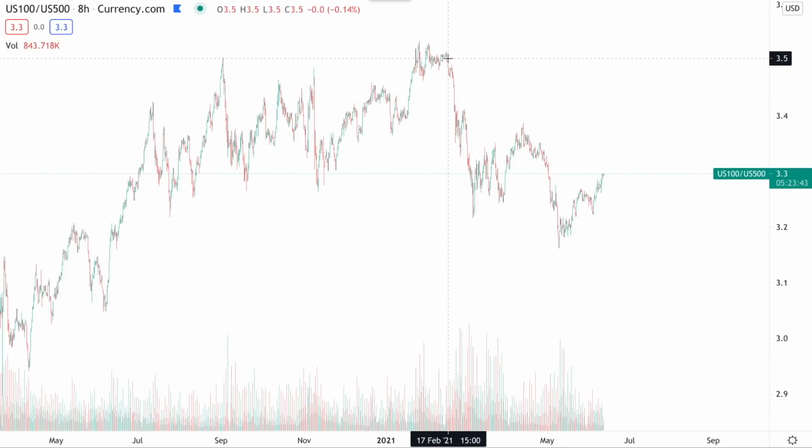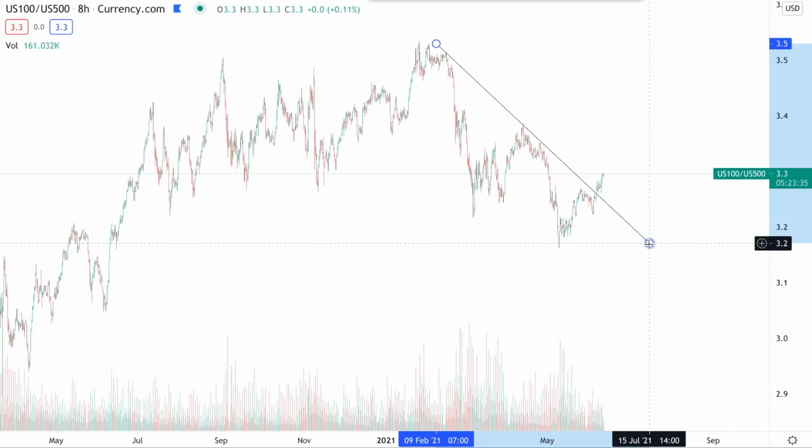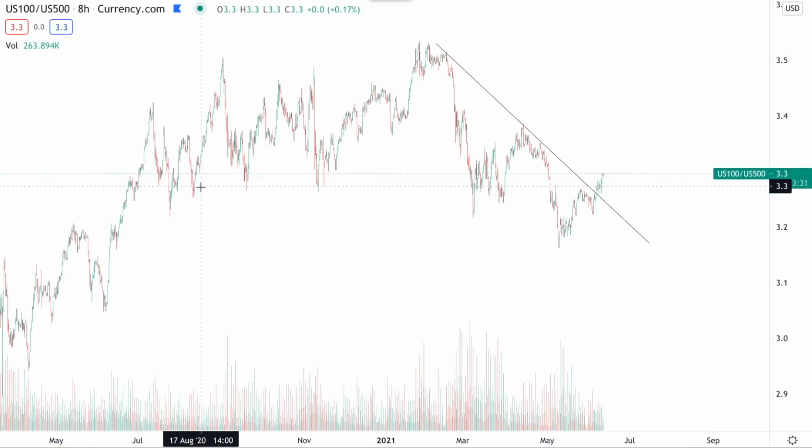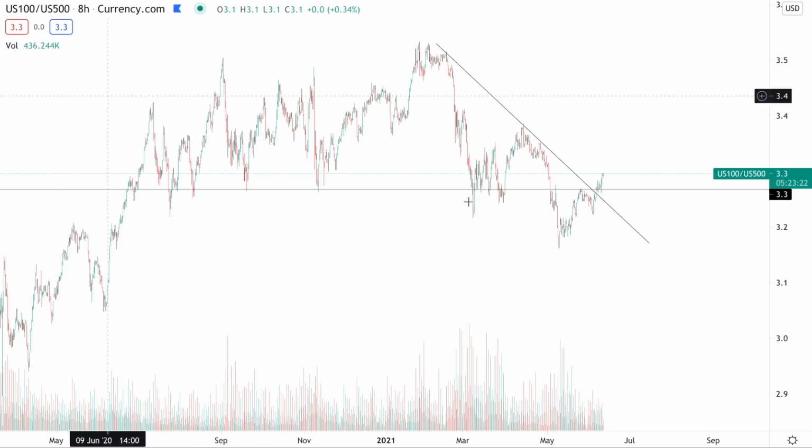In the last video, we were looking at this down trend line resistance, and also this horizontal level of resistance right here. We said if we break above that, it starts to look a little better for the tech sector and would increase the odds of seeing better performance of the Nasdaq 100. Now we're going to take a look at that in detail in this video to see if that's actually going to be the case.